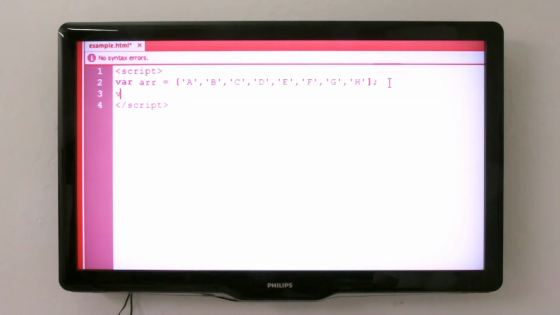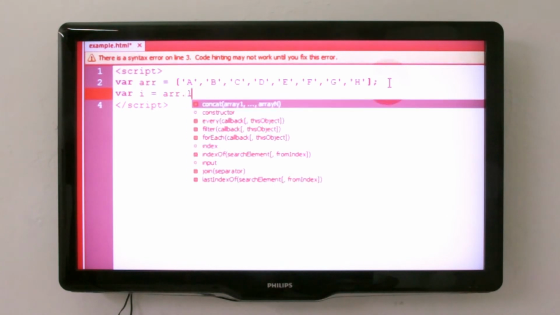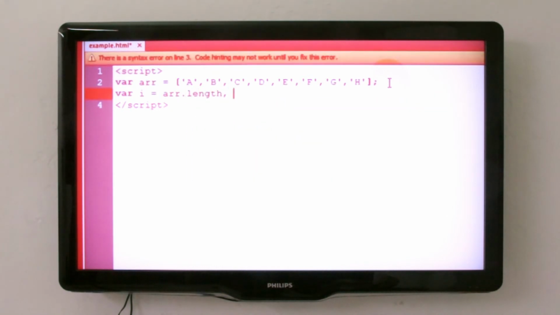Now the next thing we do is create some variables that our loop is going to require. The first one is going to be named i, and that's going to be equal to our array's length. Then we can put a comma, and the next variable we're going to establish is j, and that's going to represent our random number that we generate with the loop each time the loop passes. The next variable is temp, and that variable is going to hold the temporary value so we can do some swapping between the two indexes and